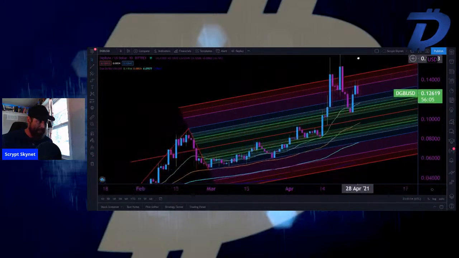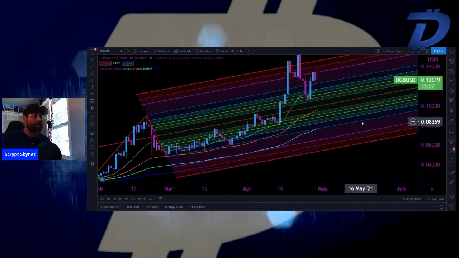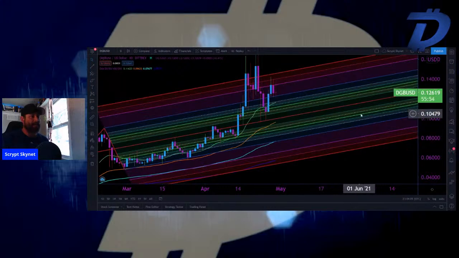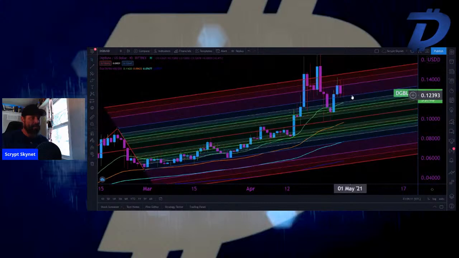Because DigiByte could have easily fallen through this median line, and it touched it twice, and we would have been wrecked, okay? And then it would have taken a lot longer for DigiByte to accumulate and then finally go, but DigiByte's really strong. Now there is talk that if Bitcoin doesn't make a new higher high than a previous high, Bitcoin's going to sell off, and that's going to affect most of the cryptos that are paired to Bitcoin. But again, the sentiment has changed. I think alt season is around the corner. And again, do your own research. I'm not your financial advisor.